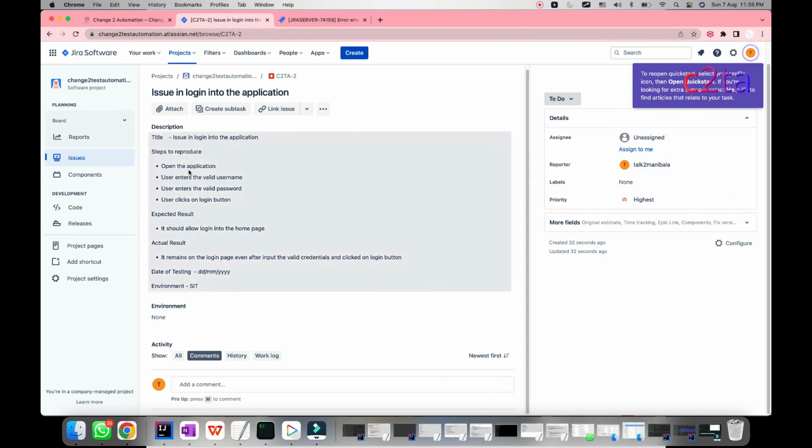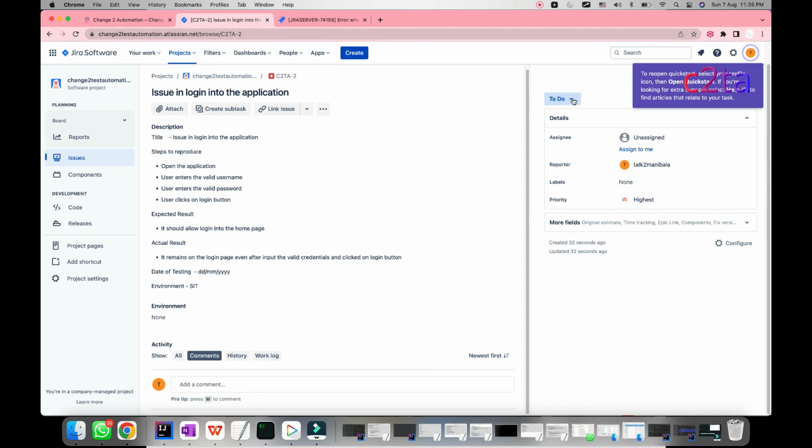Then the tester has to retest this bug by following the same steps again. If this time the login is working, then he can add his comment saying this is verified in SIT environment on this date, it is working now after the fix. Like that, he has to add the comment, and then he can change the status of this bug